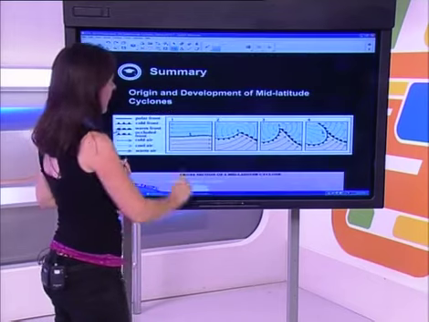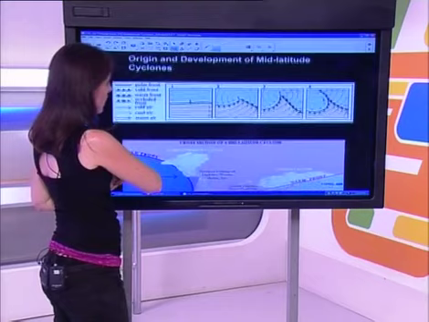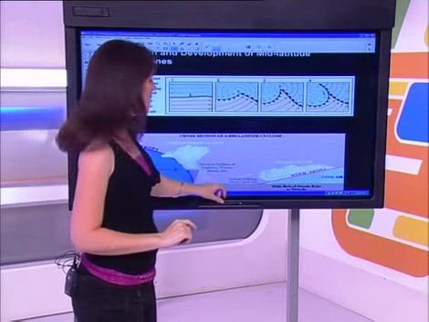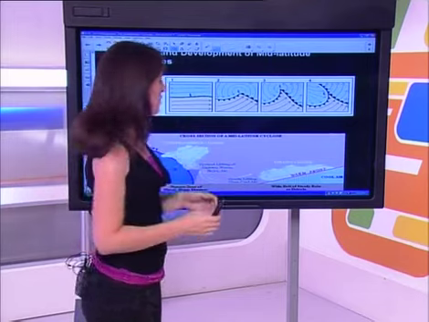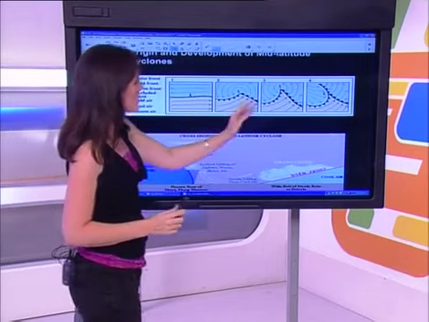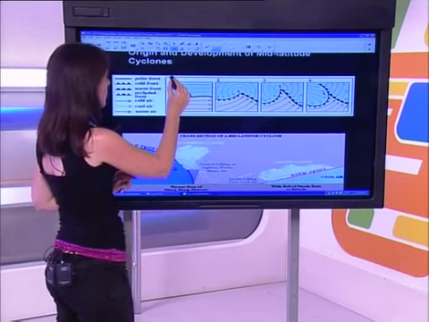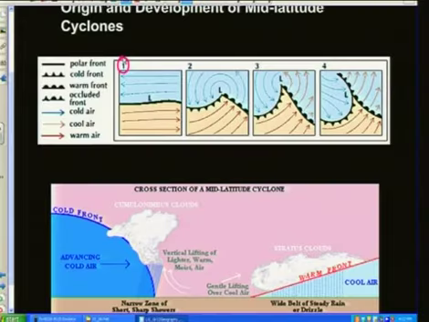If we have a look at a few other diagrams, it's useful to look at different diagrams, even Google them on the internet, because that's the way that you learn to interpret them a little bit better. Again, there's our 4 stages over here. There's the initial stage. Okay, a wave will form in that polar front. There's the mature stage. You can see at 2 and 3, there's the wave there.